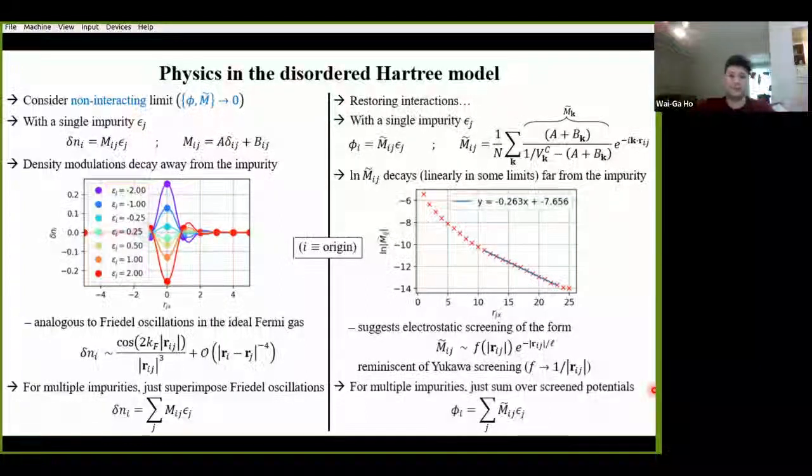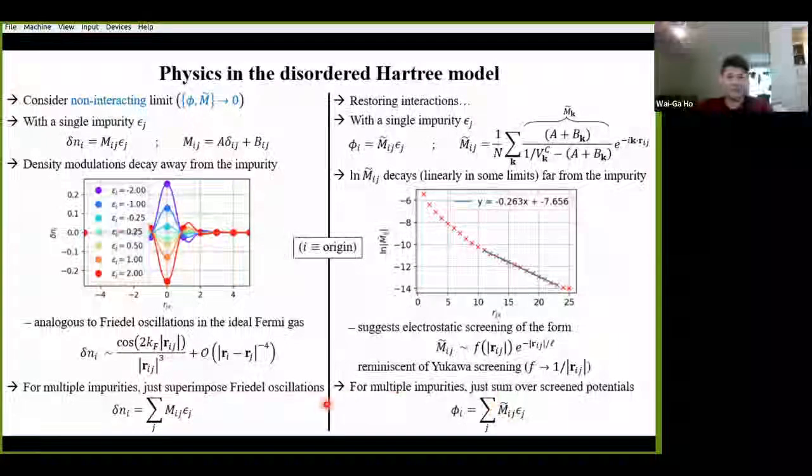And of course, just as before, if we're to consider multiple impurities now, well, our theory is additive, so we just extend things by restoring the sum over J, and then add up all the screened potential contributions into the local Madelung field. All right, so that basically covers all the core aspects of our theory that we can understand at the single impurity level.